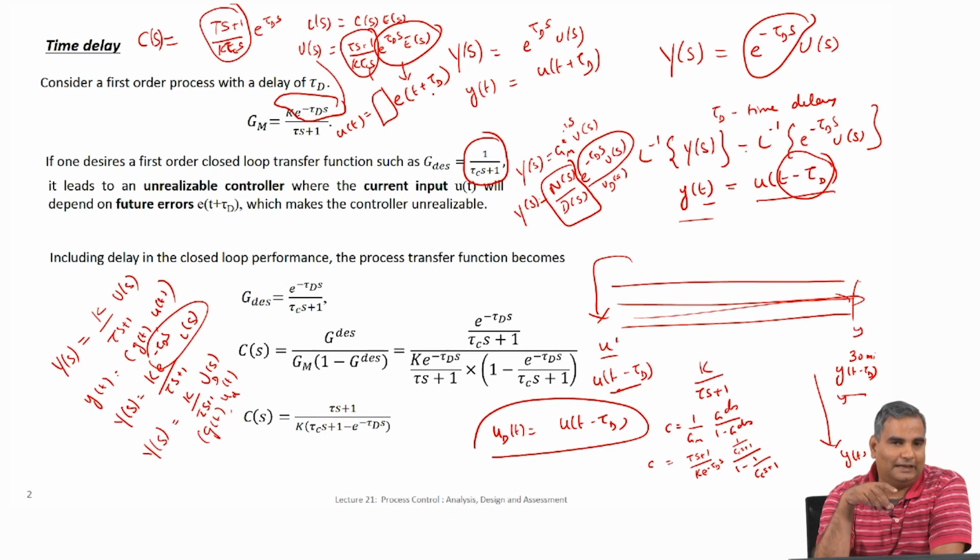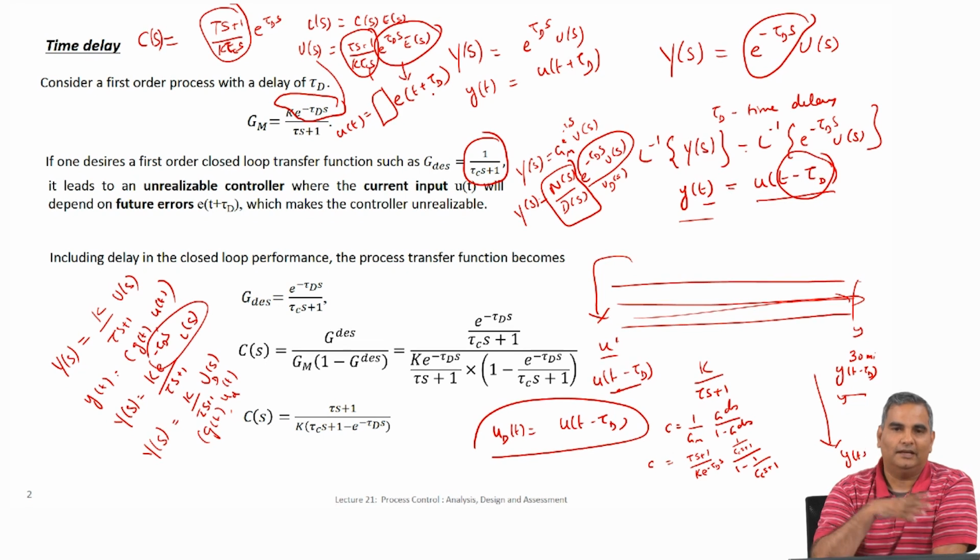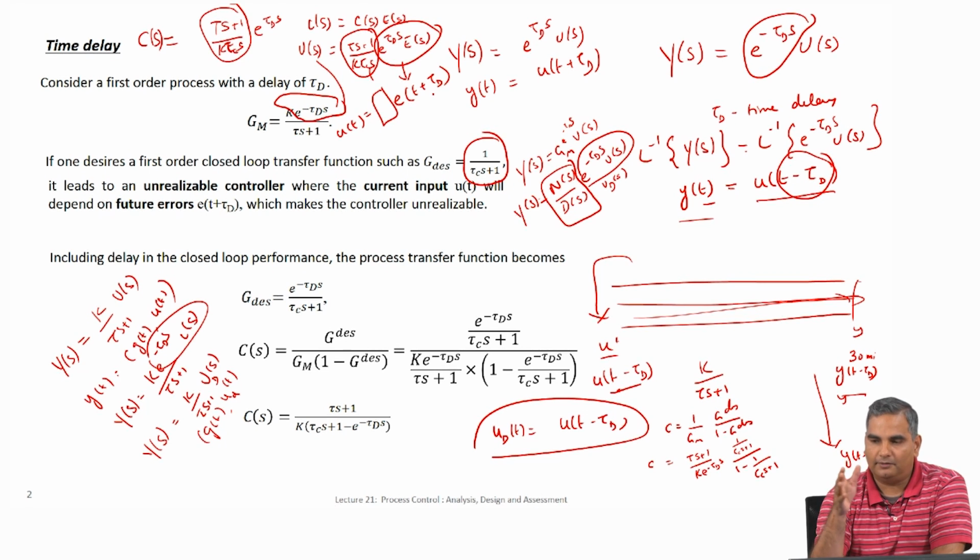Now, it is interesting to think about the same thing in the context of the bike example, and this will tell you very nicely what the problem is. Supposing you are going on a road and you say, okay, there is a right coming up, I am going to take the right, and then you move your steering wheel to the right, and if the bike has no time delay, the minute you move your steering to the right, the bike will turn right and everything will be nice.